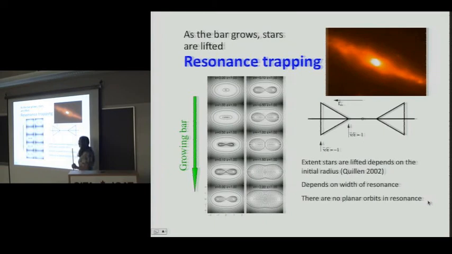So in 2002, when I was making the Hamiltonian model, I knew that within the resonance there were no orbits in the plane. So what I proposed that you